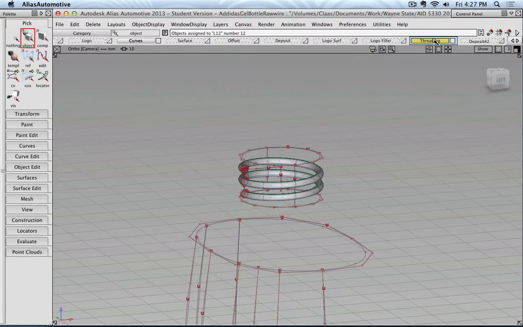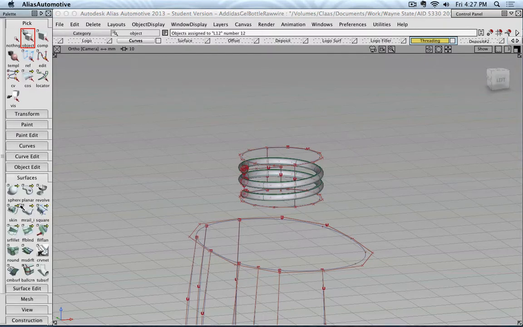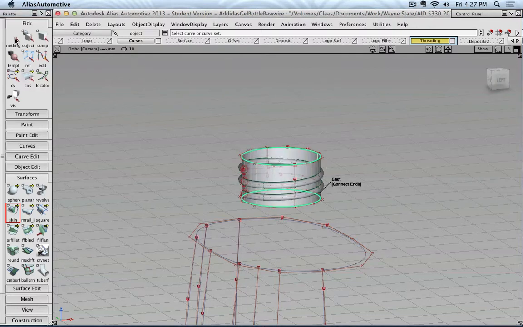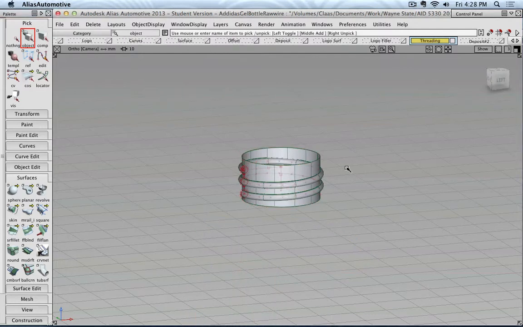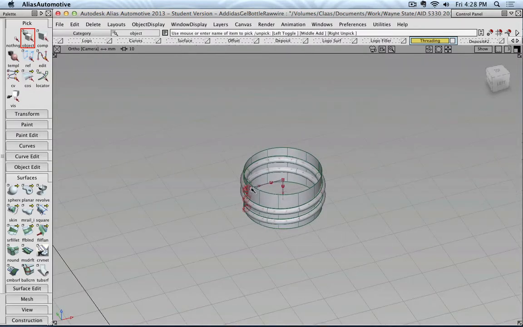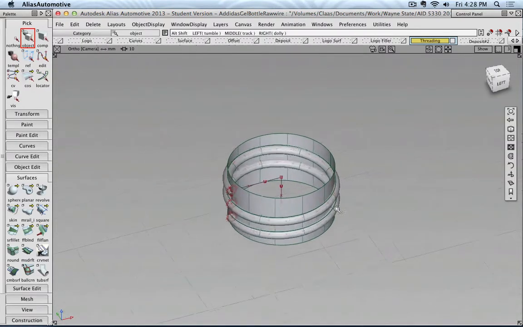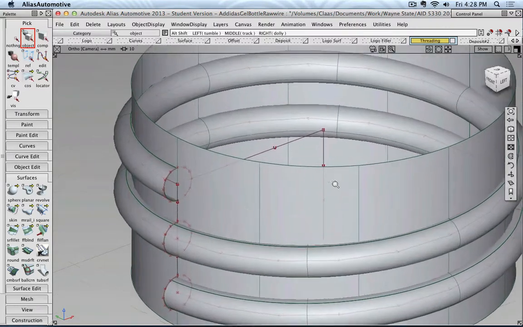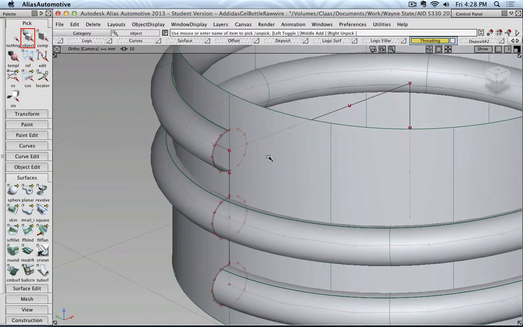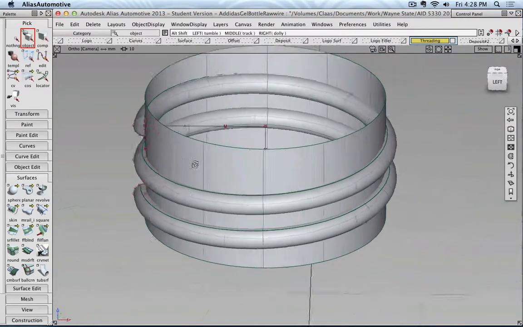And let's turn on curves. And then while being on the threading layer, I'm going to recreate the surface by using both rings. Okay, so now I have a complete full skin circle and not just only half of it. Then in the next step, I can